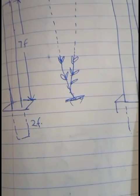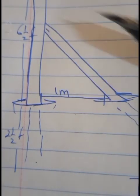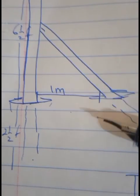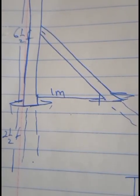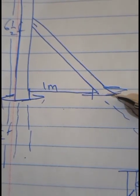And for the supports at the corners, you are now supposed to use 6.5 feet above the ground, and then 2.5 feet will be below the ground. And you should put a support. If you are using this one, you should put a stronger one, and if you are using a string like this one, you should also use